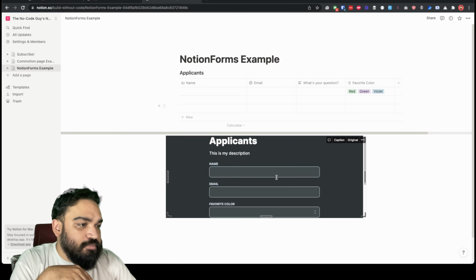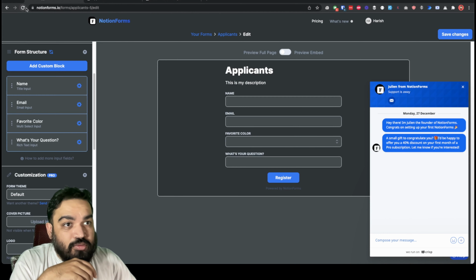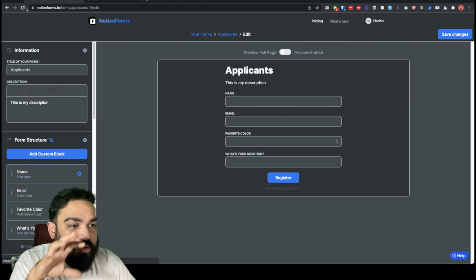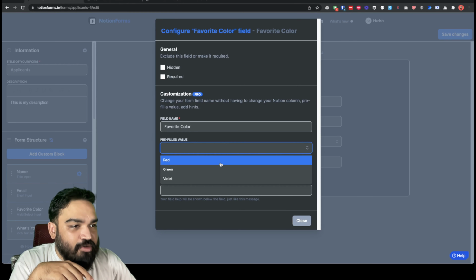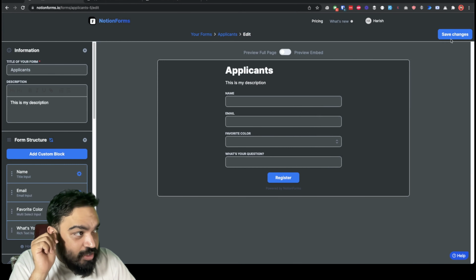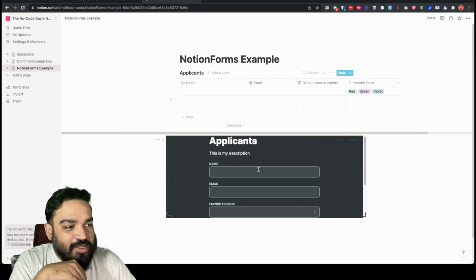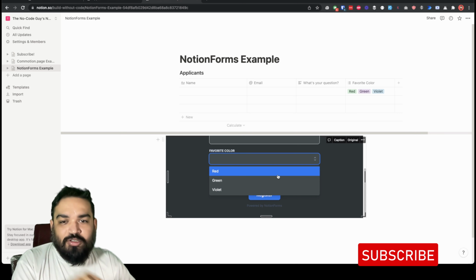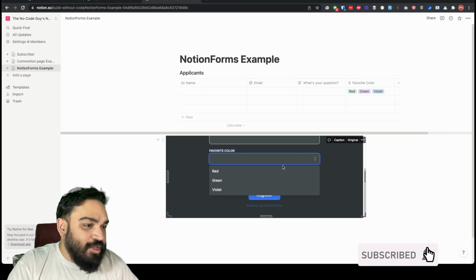Let's see. So I guess to update, you have to go back to the form itself and then click here, pre-filled value. Now, if I click save changes, then I'm guessing this should update. Let's see. There you go. So whenever you make a change, you go back, refresh, update, and then come back here.